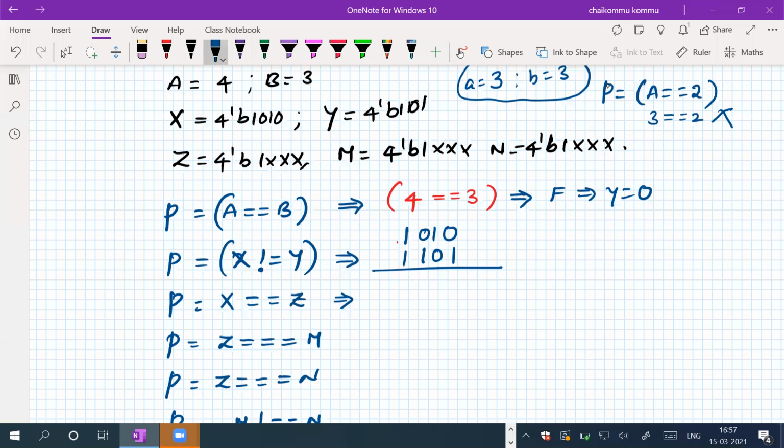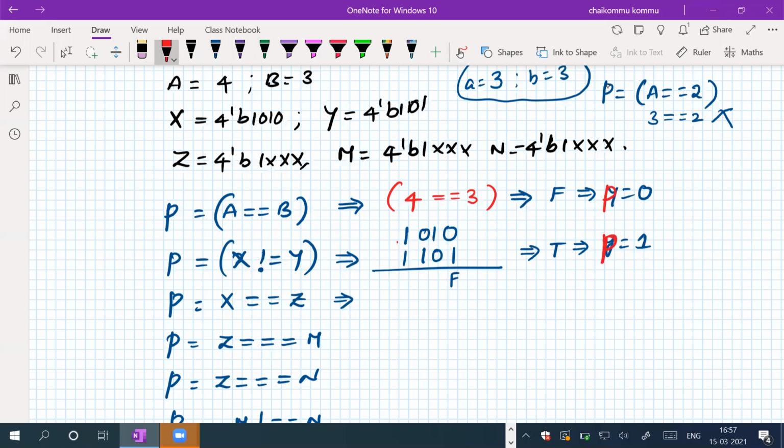This operation will be true. Okay, so therefore, yes, X and Y are not equal. The output is true. Therefore, what is the value that will be assigned to this one? The Y value is assigned to 1. Not Y. What we are using is a P value. Okay, so no need to compare on other things also.